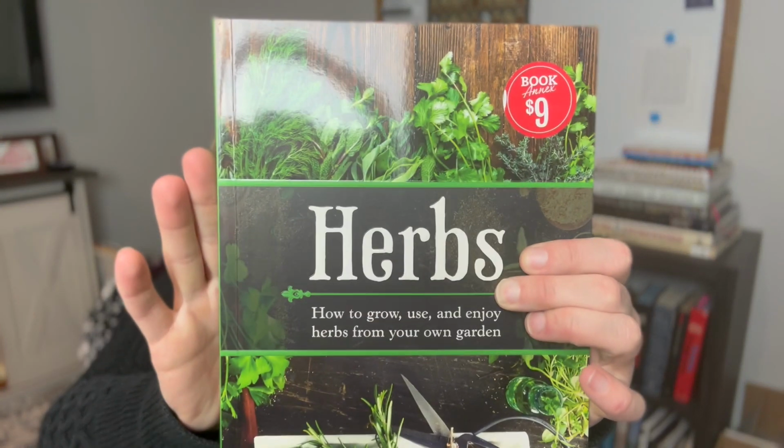And last but not least, I do have a book all about herbs, both on using them and growing them in your own garden. Now, herbs are something that we don't grow out in the garden beds. We do grow them in either pots or trays that are closer to the house since we're using those all